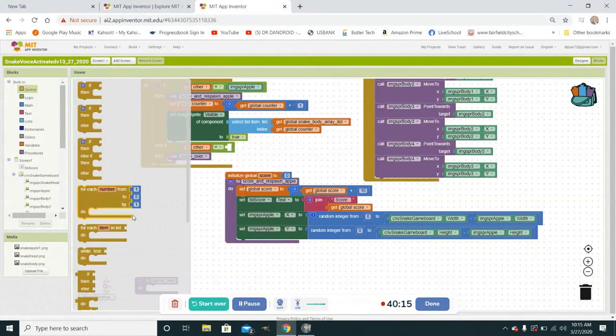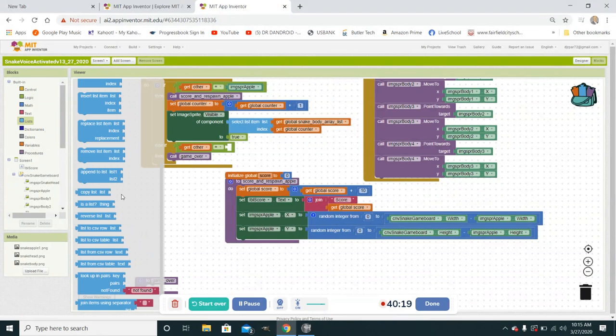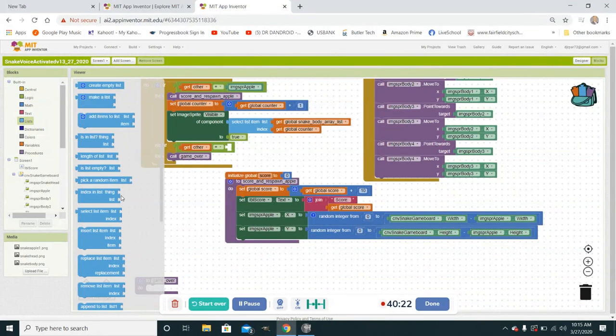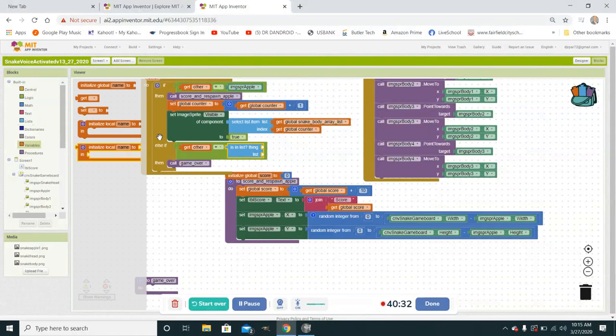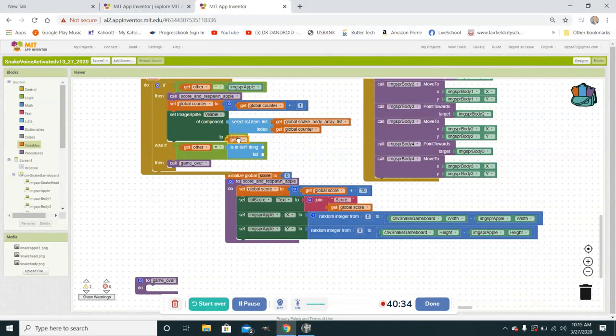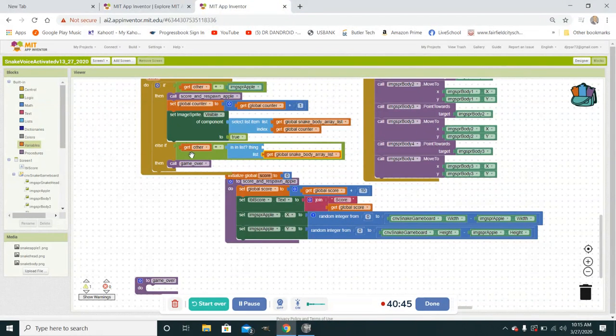So let's go through here. List, look for something in the list. Okay, so if the other thing is in the snake body array list. If the other sprite is a sprite,